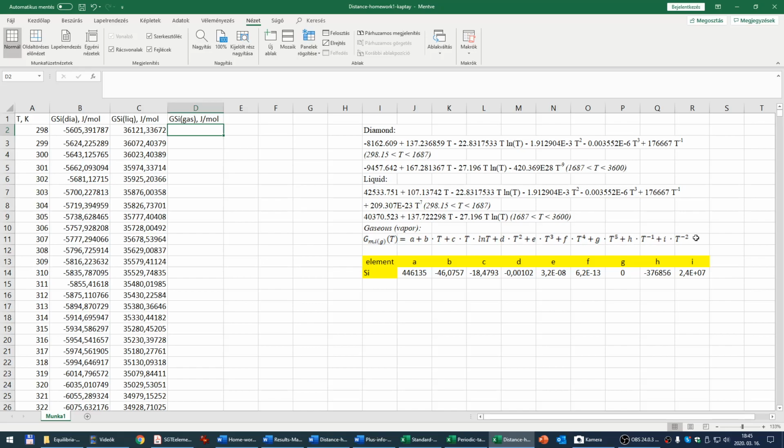Gaseous vapor phase, this equation that I'm going to use. Parameter A for silicon I'm taking from here equals 446135 minus 46.0757 times temperature minus 18.4793 times, this is C, T ln T, times T times ln T, minus D, 0.00102 times temperature square, T times T,